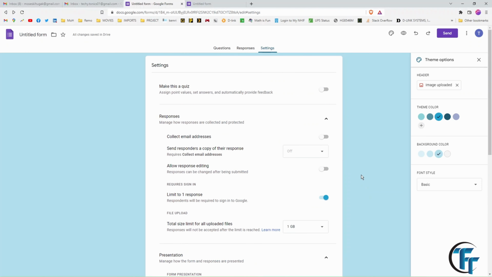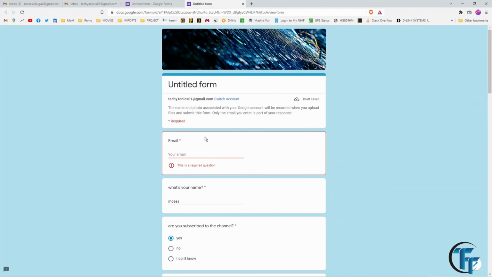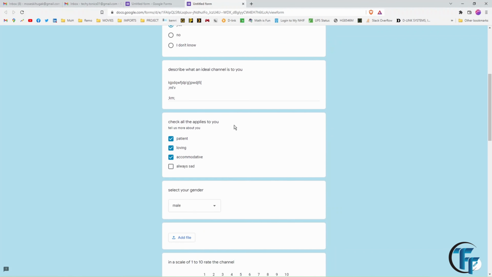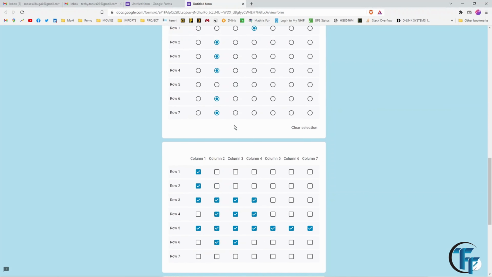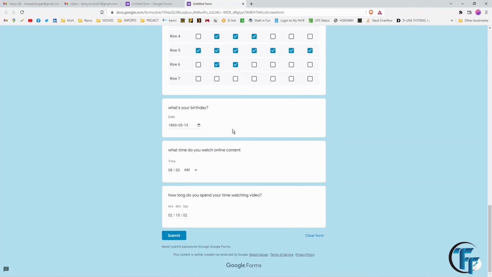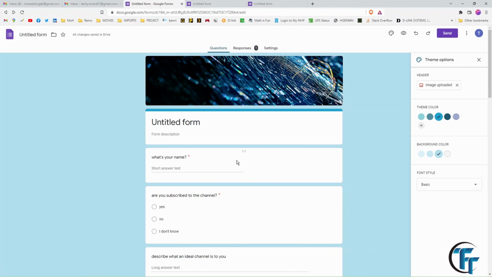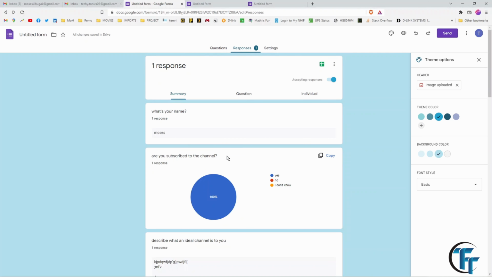And now we can go back to our form and fill everything. Let's reload so that it comes with all the updates we've made. So it has everything that we wanted to see, and let's submit and see what will happen. So thank you for your response. So once we submit the form, you see the responses. We'll have a number of the responses we have received so far. So I click on the response, and this is what we get